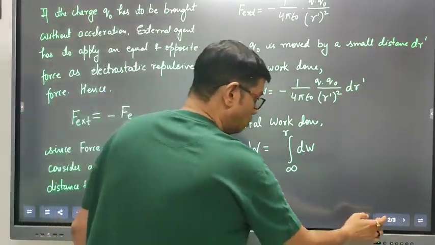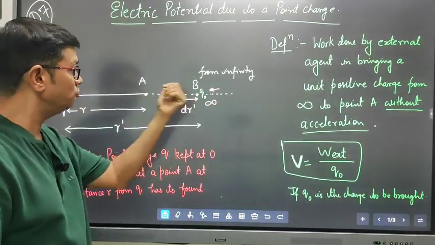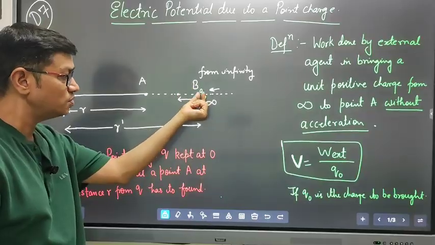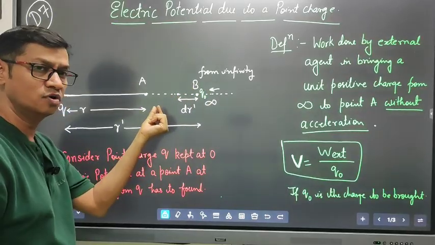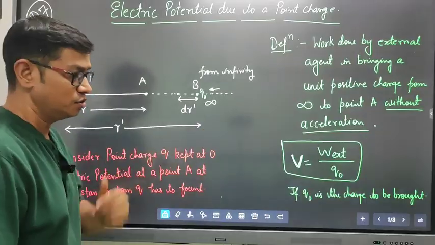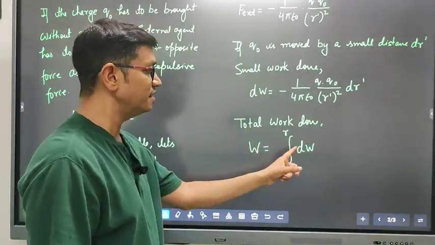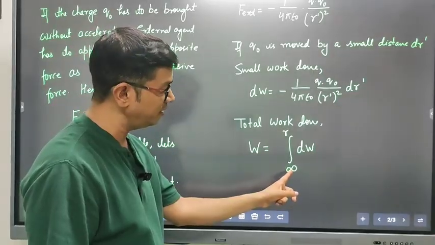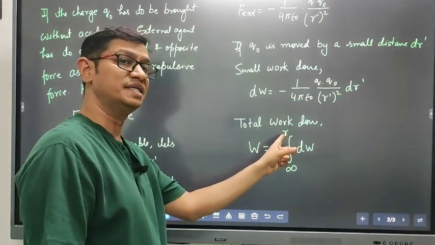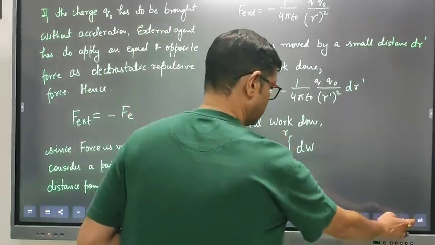अब now if we have to calculate the total work done from infinity to this point, so these small dW's, we have to integrate. So क्या करेंगे, to get the total work done we'll integrate this dW from where, from infinity, we are coming from infinity and where we are reaching to a distance r at point A, ठीक।